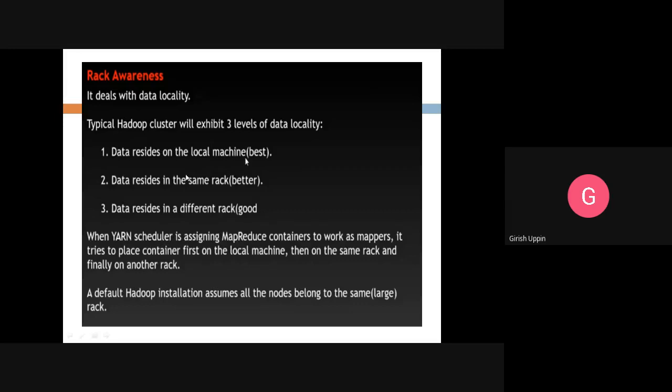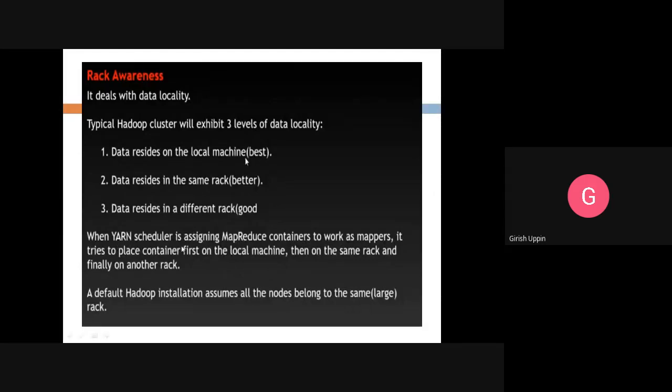So that is how, based on data locality, we can improve the performance. Whenever we are running any processing, we will go for the local machines, because that would be much faster compared to going to other data nodes on a different server in the same rack or a different rack.